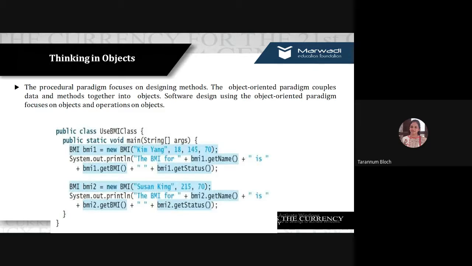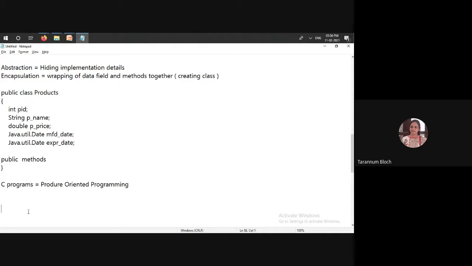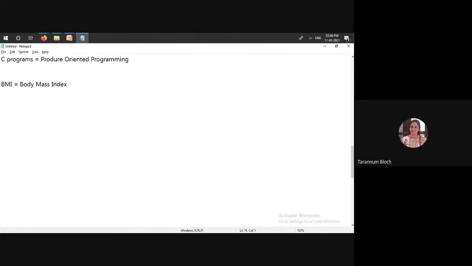Fine. So you can see here we have an example. Let us say we have a class BMI. If I have a class BMI, what is BMI? We have already calculated BMI. Yes or no? What is BMI? Body mass index. Exactly, body mass index, which is a kind of measure to check how fit you are. Your physical fitness can be measured with the help of the BMI index, which is a number, a double type of number.